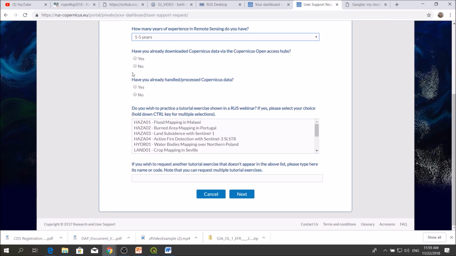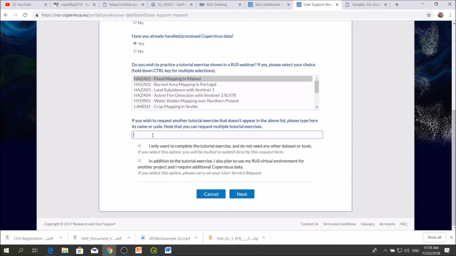Unfortunately, if I want to move on, I have to fill in all the things. So we have questions if you've already downloaded the Copernicus data. So I say yes. Here you can also select the webinars. So even if you don't have the virtual machine yet, you can select the webinars in the application process. So let's say here, and then